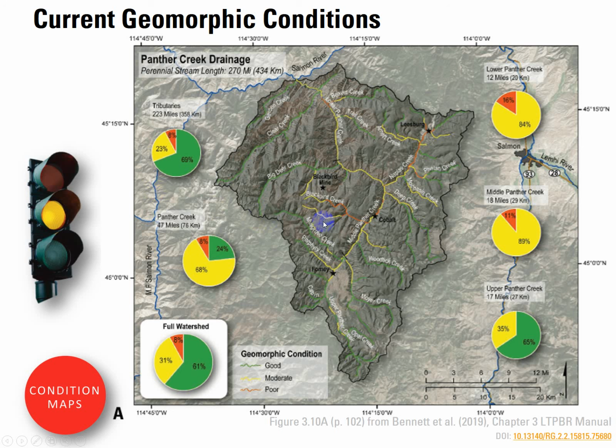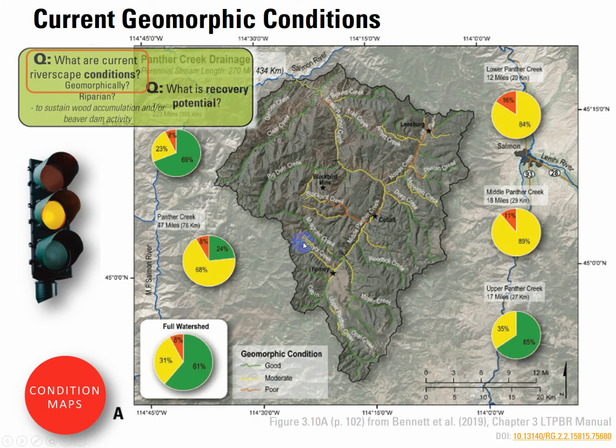This is an example Andy Hill and Steve Bennett worked on, the Panther Creek drainage in central Idaho. This is an assessment that they did for the tribes, and they used River Styles. It's the same folks, Gary Brierley and Kirstie Fryirs, who put together that system. There's a little bit more sophisticated analysis going on here to arrive at a map of geomorphic condition, again in stoplight form. So there's a lot of detail behind this, but it's synthesized into a stoplight form,